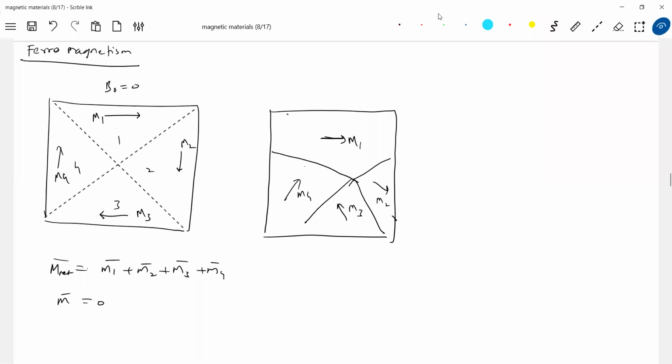What is the direction of the external field? The external field is like this, B naught. When I immerse this substance in the external field, the domain whose moment is in the direction of the external field will increase. It will pull some atoms from other domains and make their dipoles point in the direction of B naught. The net dipole moment of this will increase, and it will force the other domains to align their dipole moments in the direction of the external field. And further, if I increase it,